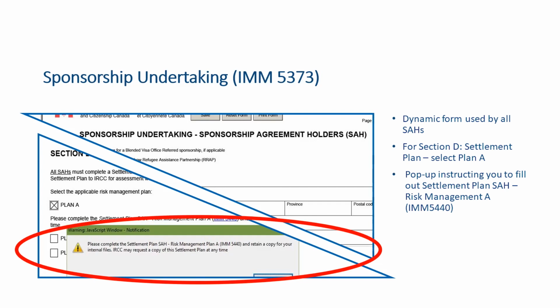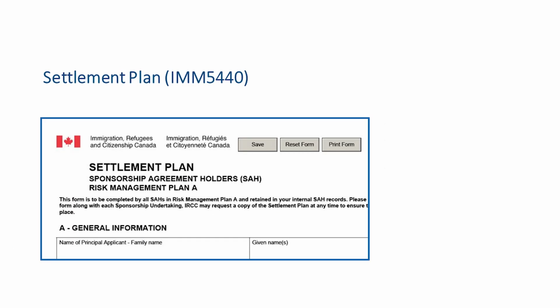So basically, this is another new thing that we're seeing. Let me clarify the usage of the settlement plan, the IMM 5440 form. This form is specifically designed for applications submitted by SAHs enrolled in Risk Management Plan A. So SAHs submitting applications, let's say for Plan B or C, will have to complete their settlement needs checklist within the dynamic field generated in the sponsorship undertaking form.